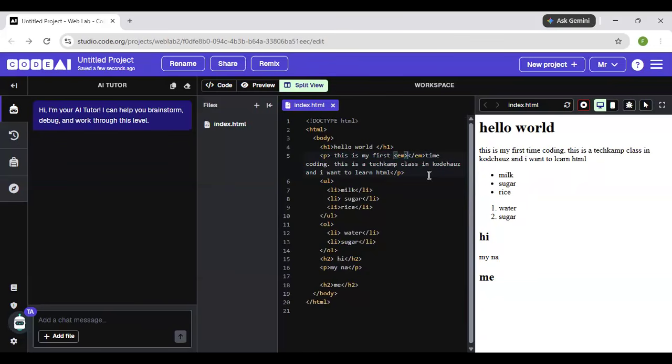Now, what this EM, or as you can call it, your emphasis tag, does is that it italicizes whatever you want to put in between it. So let's say I want to carry this, put it at the end here, the closing tag. Here. You can see what it does, right? It takes whatever is in between the opening and closing tag and it italicizes it to show that you're putting emphasis on a certain thing. Do you guys understand?